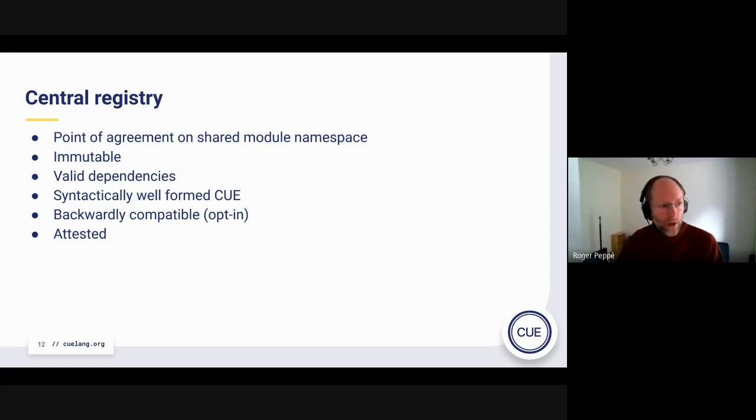And there's a bunch of other things which can come from that. We want it so that when you say a given module at a given time, it's immutable. It's not going to change. If I pull module A and somebody else pulls module A at a later time, that's not going to change.